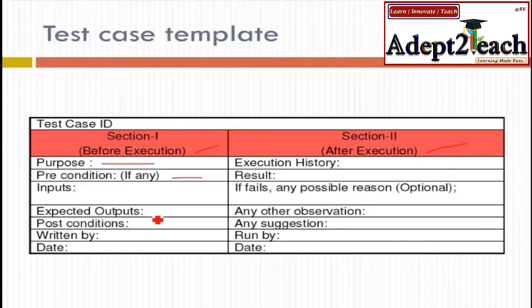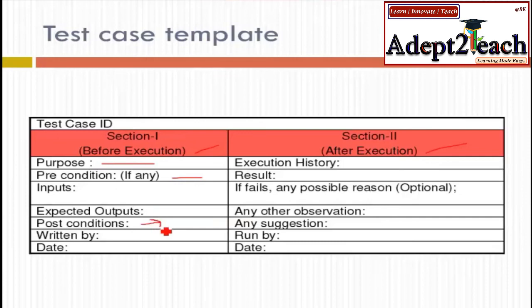Expected output: if the username password combination is correct, you are directed to your home screen. If either of the two is incorrect, then you are redirected to the same login page. If your password is incorrect 3 times, then your account gets blocked. These are different varieties of outputs.